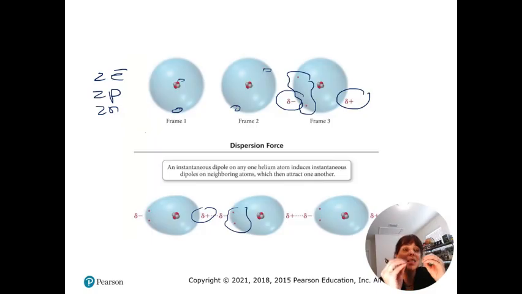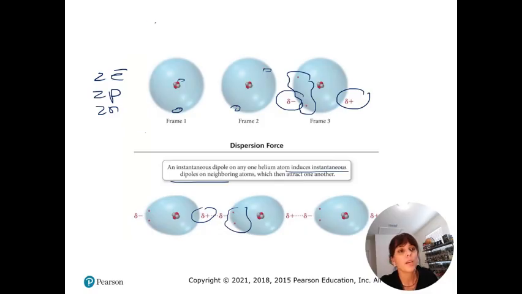This is called instantaneous or momentary. This is what is called an instantaneous dipole: on any one helium atom, it induces an instantaneous dipole on neighbor atoms. Then they attract each other. They are always in movement, so that will form a momentary intermolecular force, and that will break down and form another one, and break down and form another one. That happens all the time. So that is a weak intermolecular force, but of course it can be stronger if you increase the number of